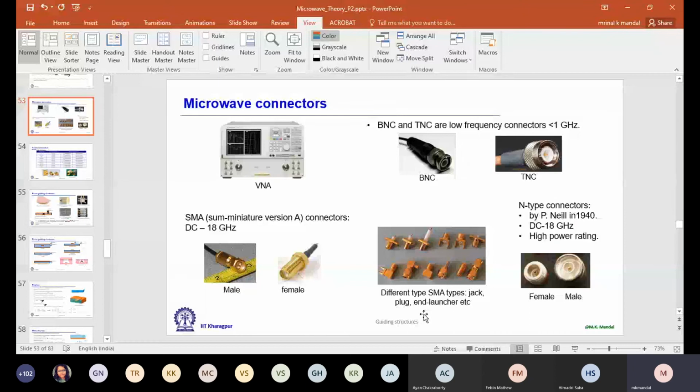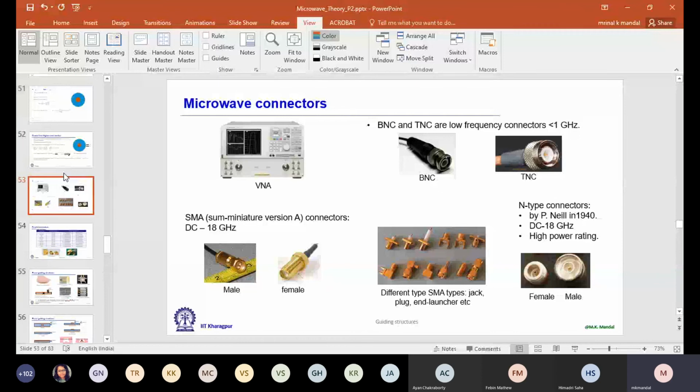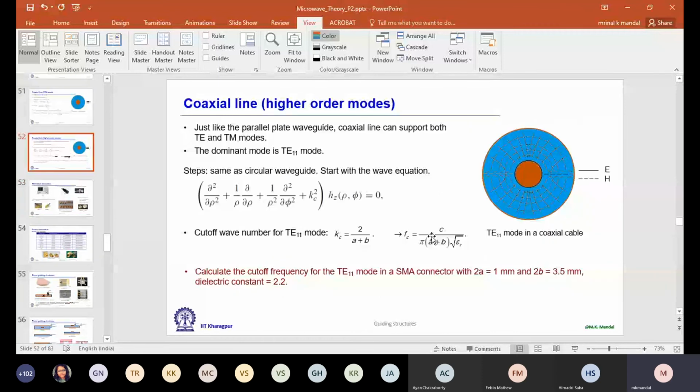So you learned about mostly SMA, SMB, SMC, SMP, also press fit like SMB and SMC. It came late, in the last 10 years only, but it can go up to 40 gigahertz. So how can it go up? Follow this relation. Their internal dimensions are different, that means a and b. Epsilon is usually Teflon. It is widely used.